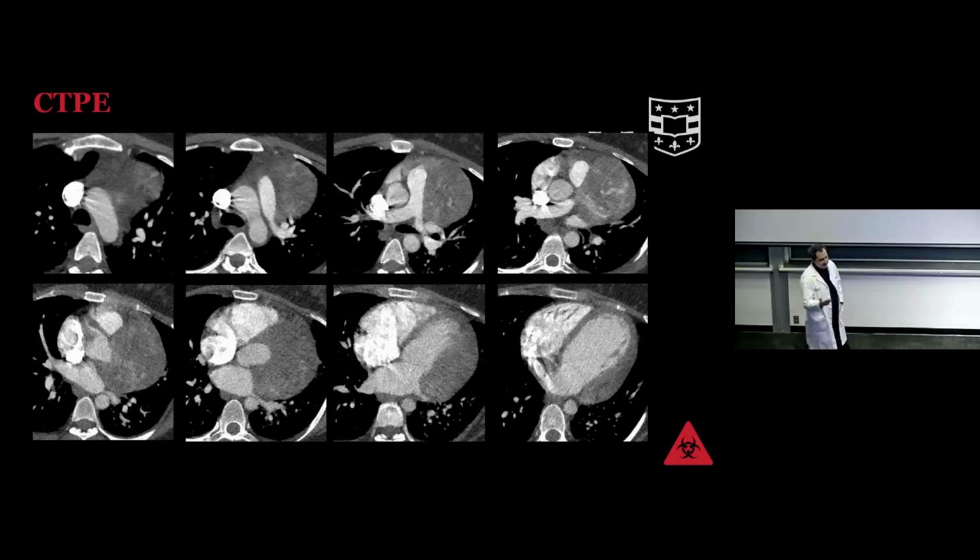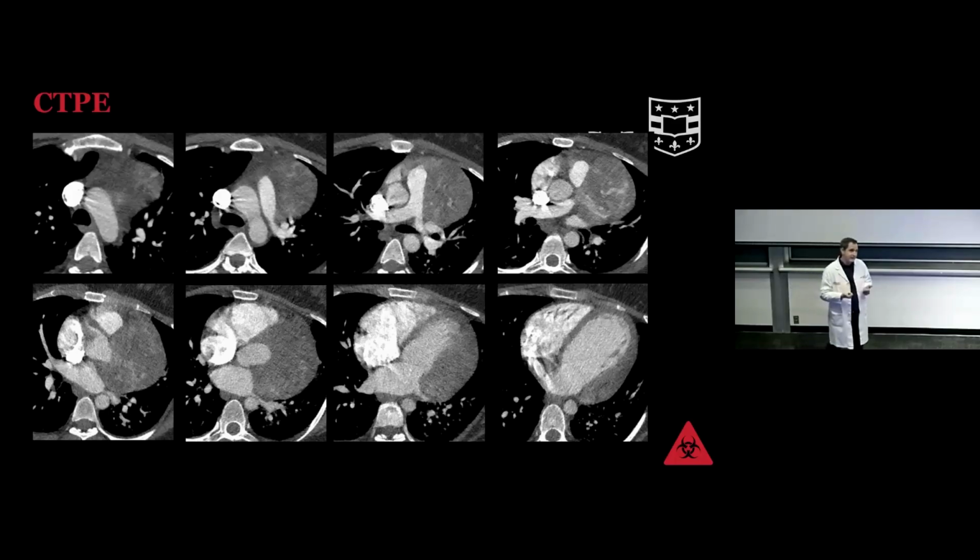But either way, that's why we do these tests, and we usually start out with the less invasive, the easiest test first, and also depending on how acute we are. So knowing the patient's not actively having chest pain and knowing they don't have troponin elevation, and they don't have any ST changes, we don't have to go straight to the cath lab, and we can sit back and do some tests. CT is going to be your best test, a lot of times, for picking up a tumor, because it has the best spatial resolution.